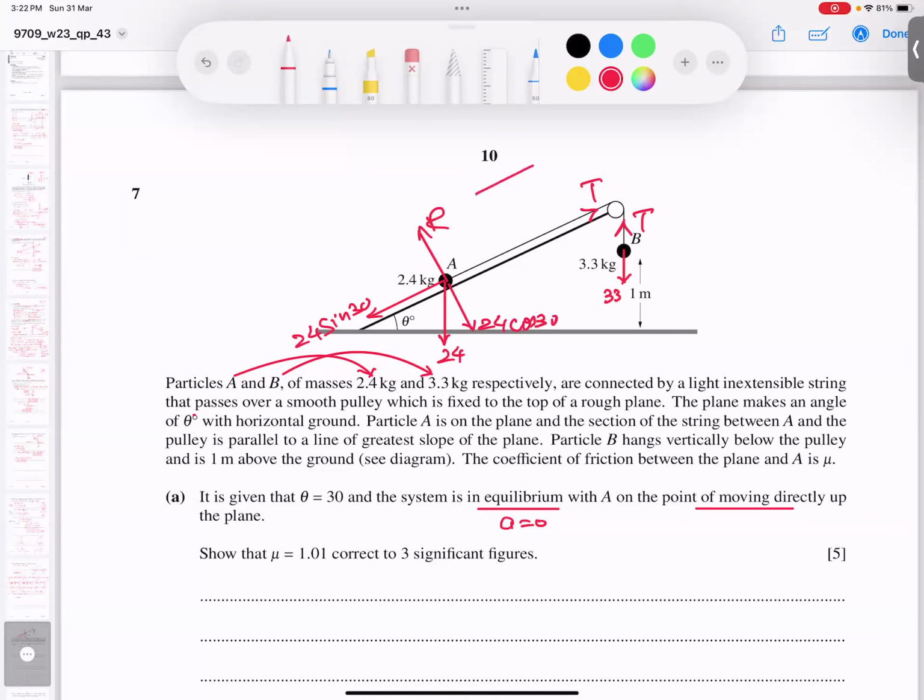Because it's about to move up, I will write the word "about to move", so friction is naturally backwards. It's a very clear approach. So let's try to solve it. And when you try to solve it,